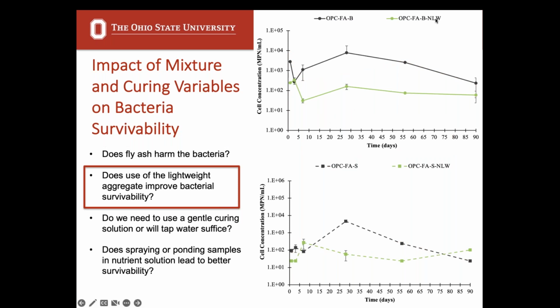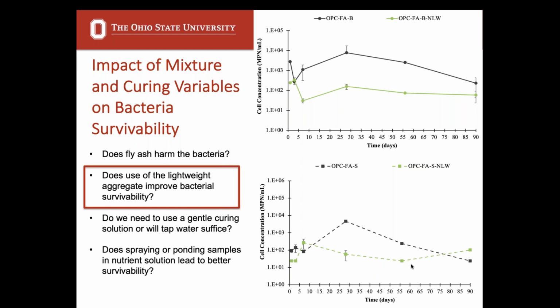This was pretty stark results. We see a big drop in our sample that did not have lightweights. No lightweight is the green at early ages, and that's maintained across the total timeline of the testing system. We see that similar drop a little bit later in the non-axenic, the soil system, but we still see a pretty stark difference between bacteria that's protected within that lightweight